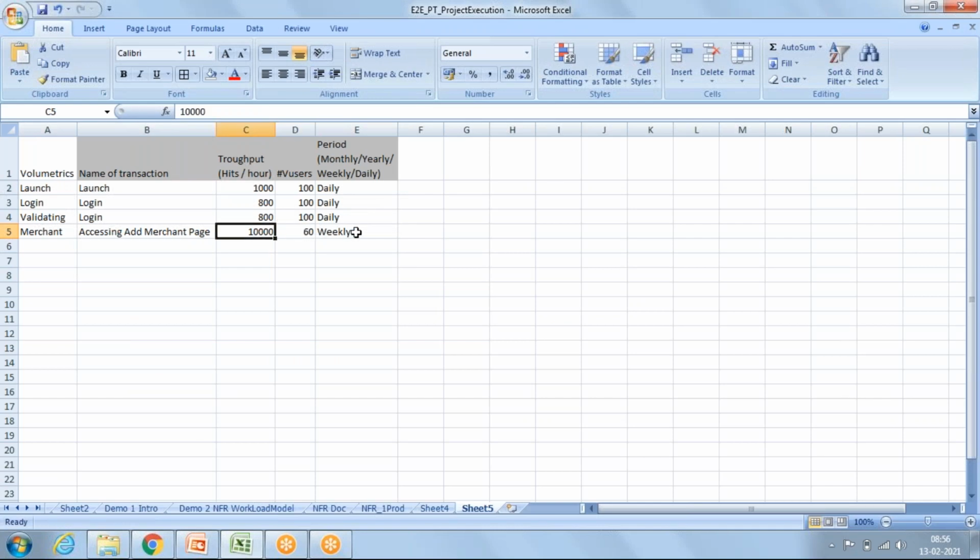That means in 7 days, 60 users are coming, they are launching the application, they are logging in, they are validating the site, and also they are clicking on the merchant tab 10,000 times.